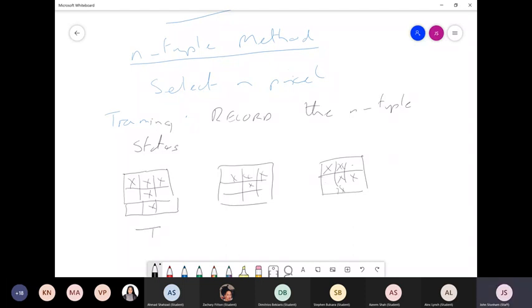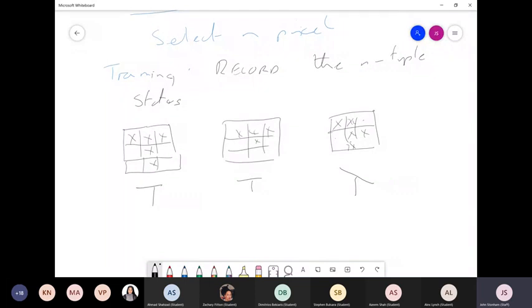So that's equivalent of a T, that's equivalent of a T like that, and that's equivalent of a T like that. Now, if I were to take this very simple example, and if I was looking at the top row,